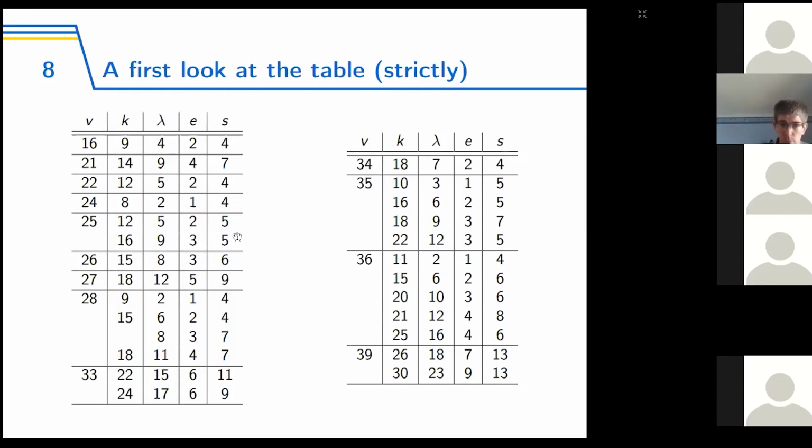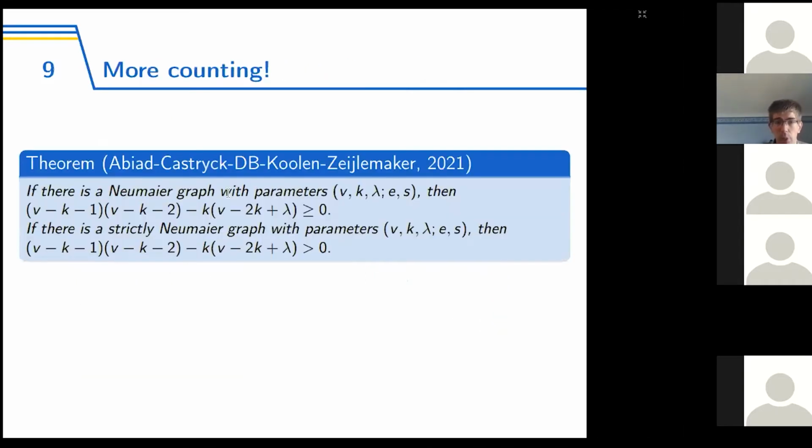So that's already an improvement for your search space if you want to look for Neumaier graphs or strictly Neumaier graphs. So that's good. But the first thing that we could do was, in fact, find some more counting results,